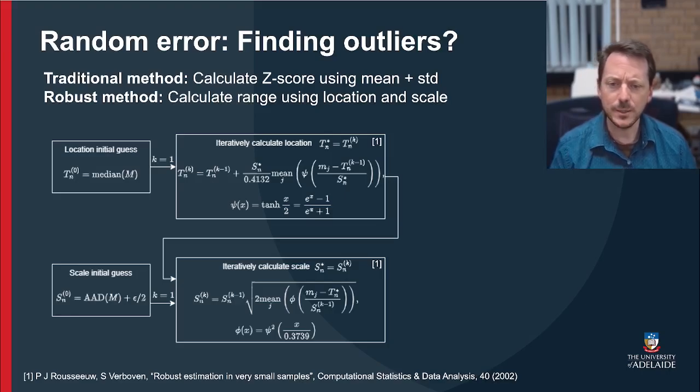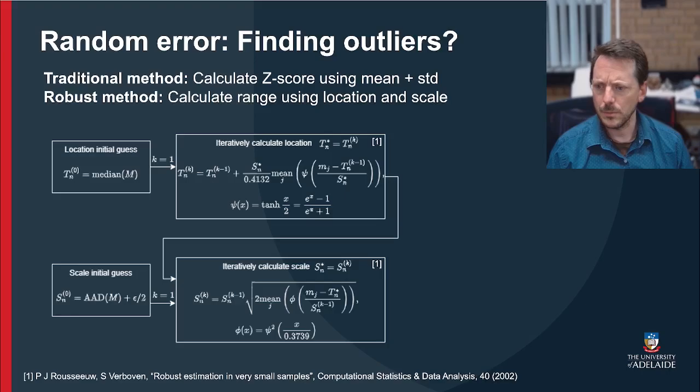There's a few things in here which end up being essentially magic parameters that you need to use some good testing on to make sure it actually works well. As highlighted here, those are the initial guess for the location and the initial guess for the scale. Because this is an iterative method, you can end up with different outcomes depending on what your initial guesses are. So we use the median as our initial guess for the location, and we know that the median is robust against outliers. And we use the absolute deviation